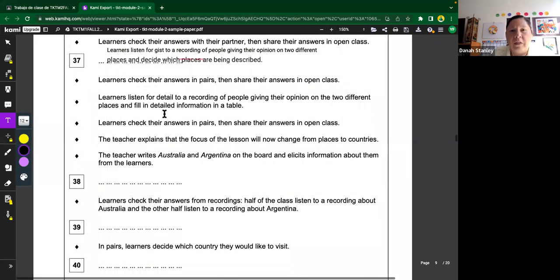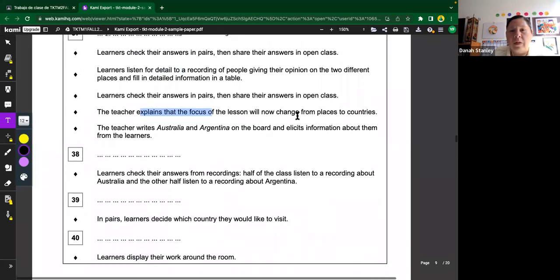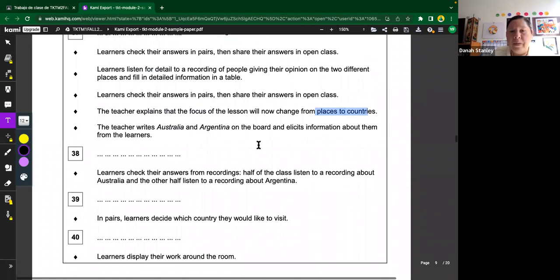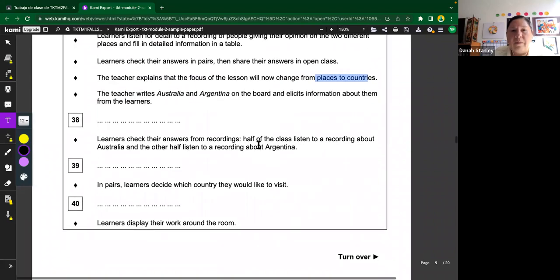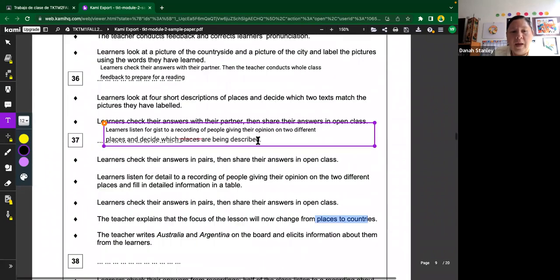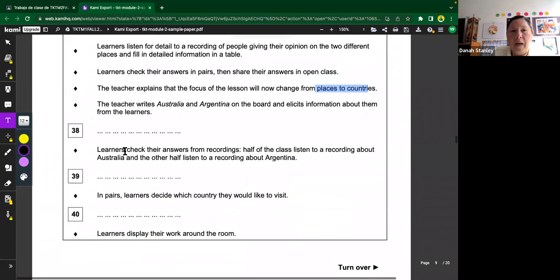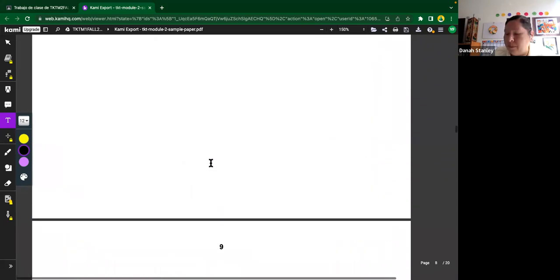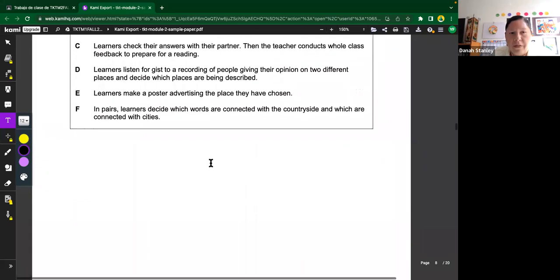Listen for detail to the reading, check answers, explain that they are going to talk about places, they are going to change from places to countries. They do the same, writes Australia and Argentina, elicits information about them from the learners. And check their answers from the recordings. Hay un recording. Entonces,